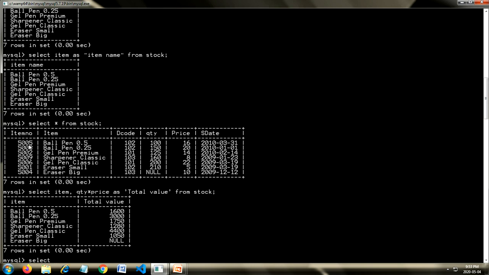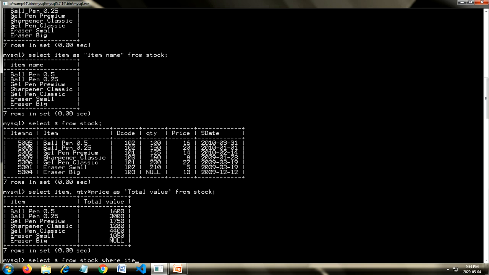I can say select star from stock where. To filter the record, I will give the where clause. What is the condition? The condition is where item number is 5005.